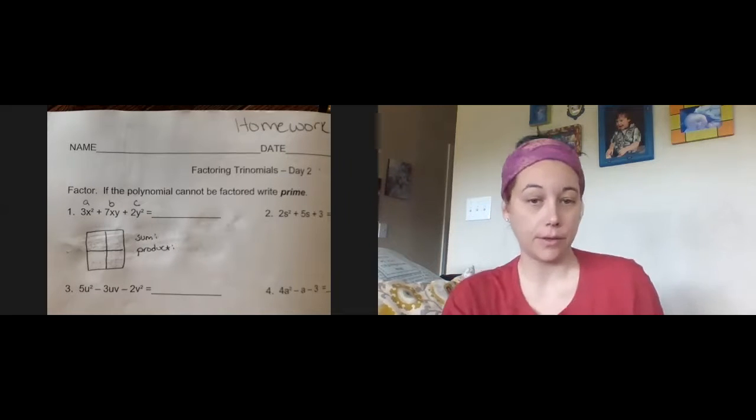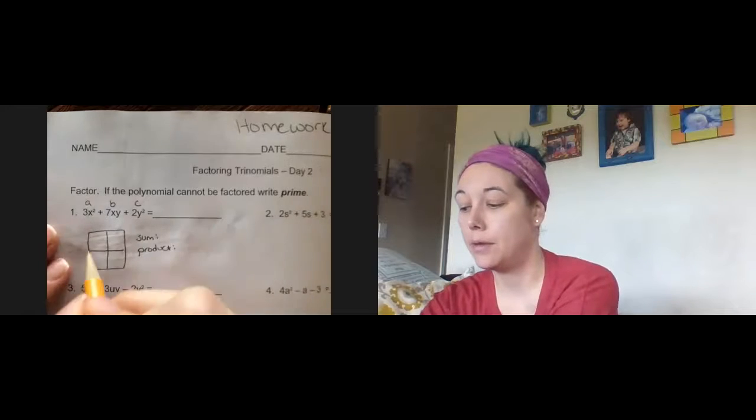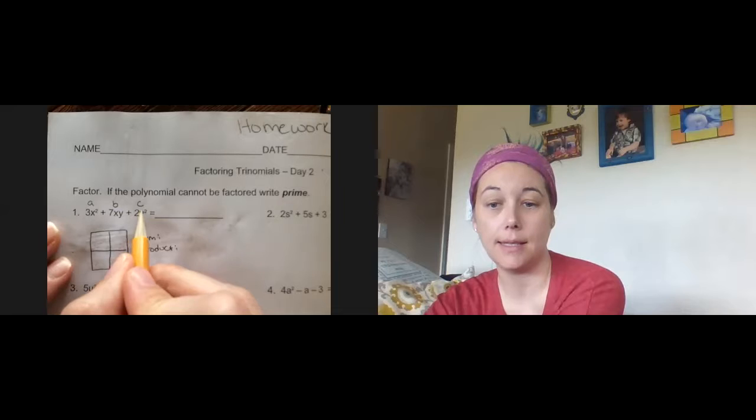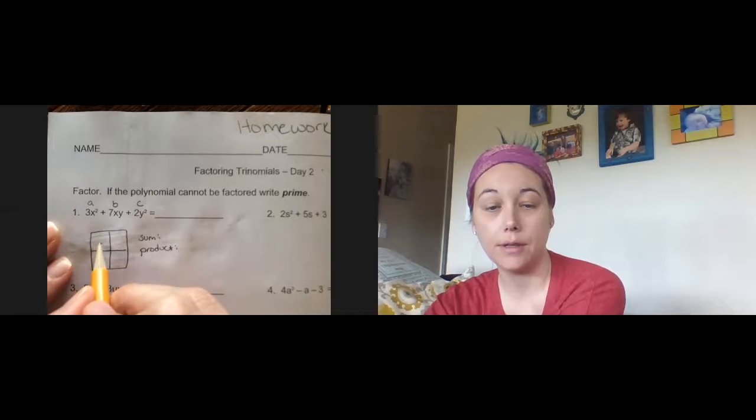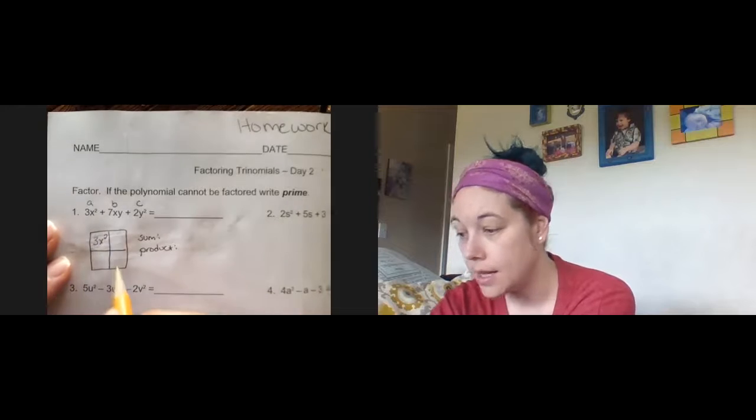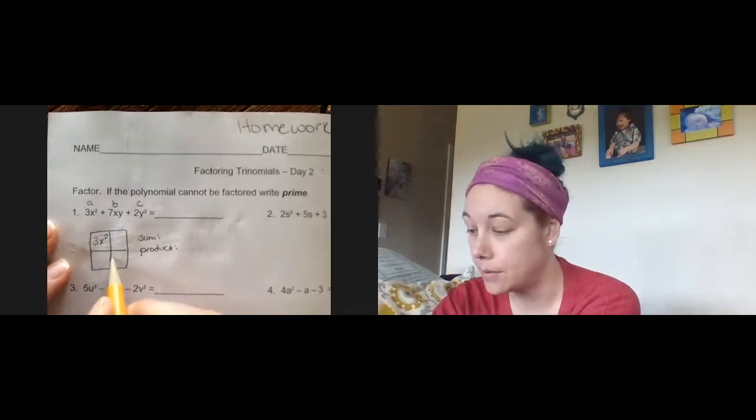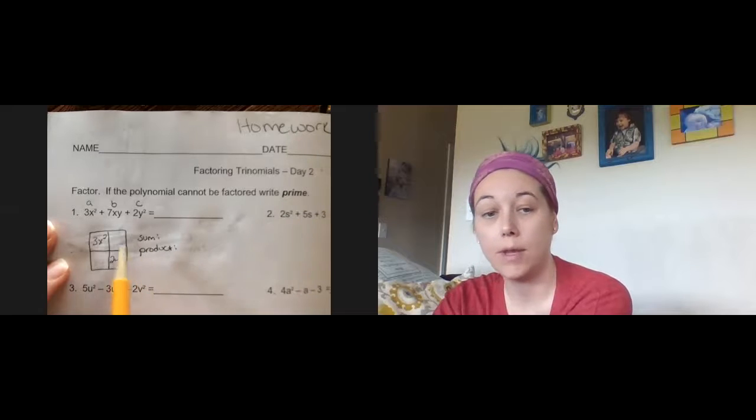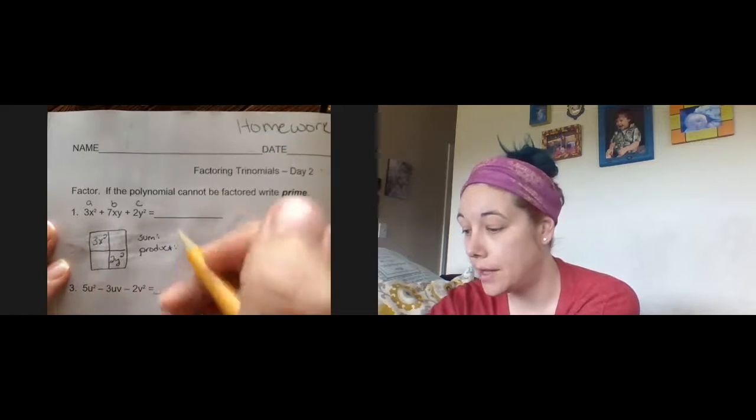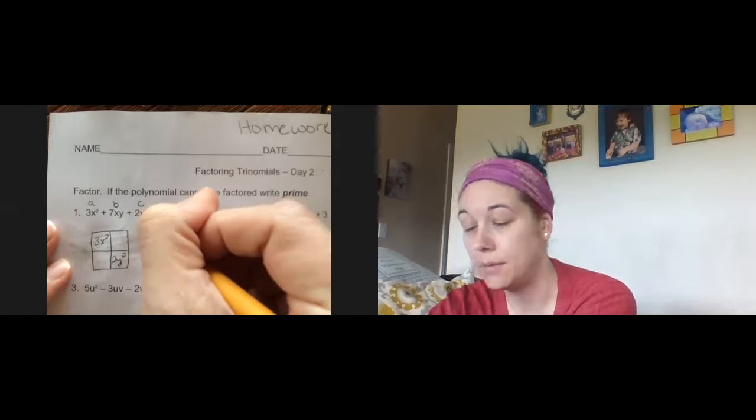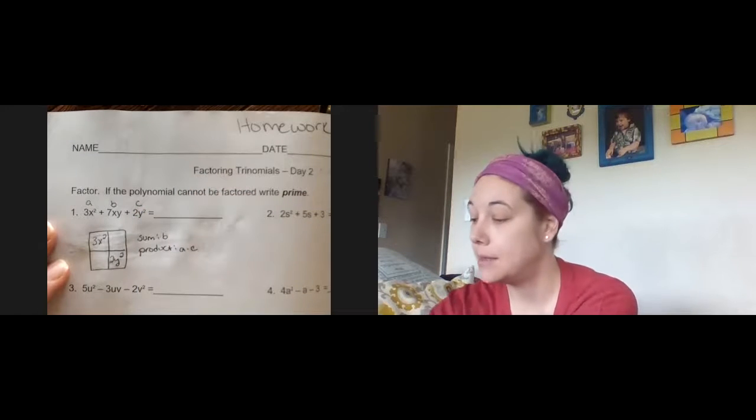I'm going to do the box factoring method. So first part in our box, remember our polynomial, this is A, this is B, this is C. So the first section of our box is always A, so 3x squared. The last is always C, so 2y squared. When we do the diagonals, we need to figure out the factors of A times C that when we add together equal B, right? So in this case, B is